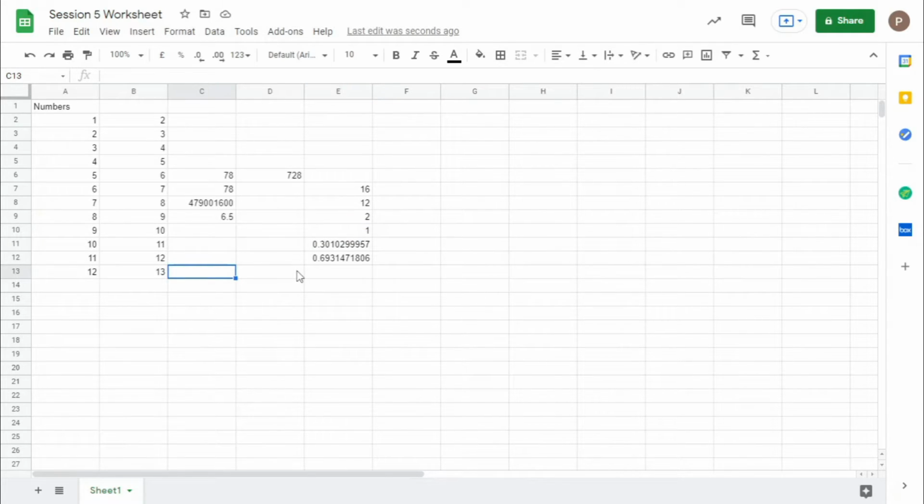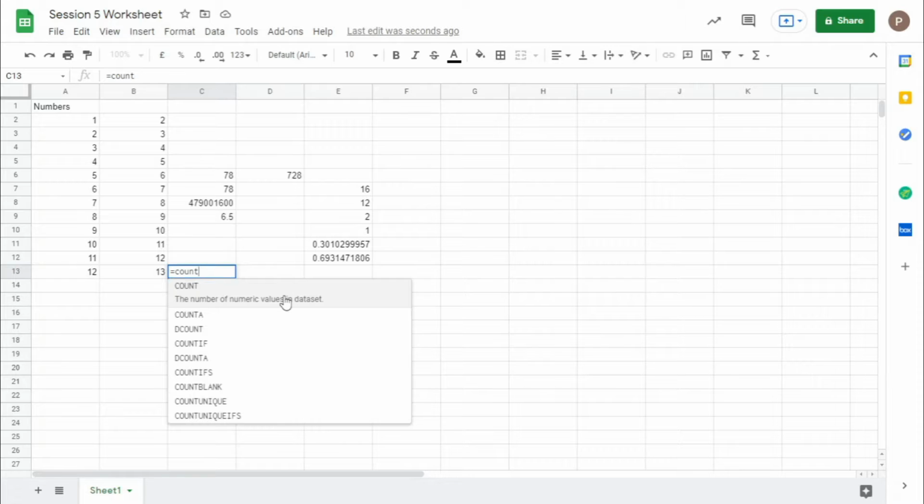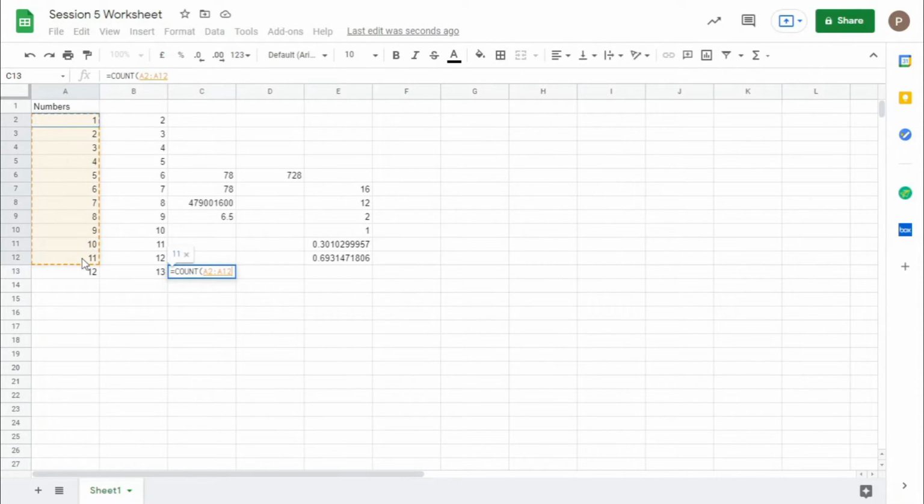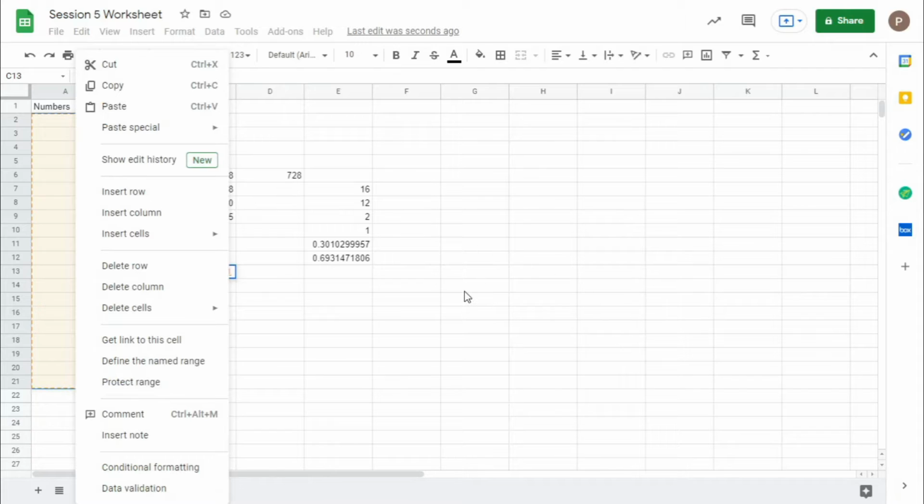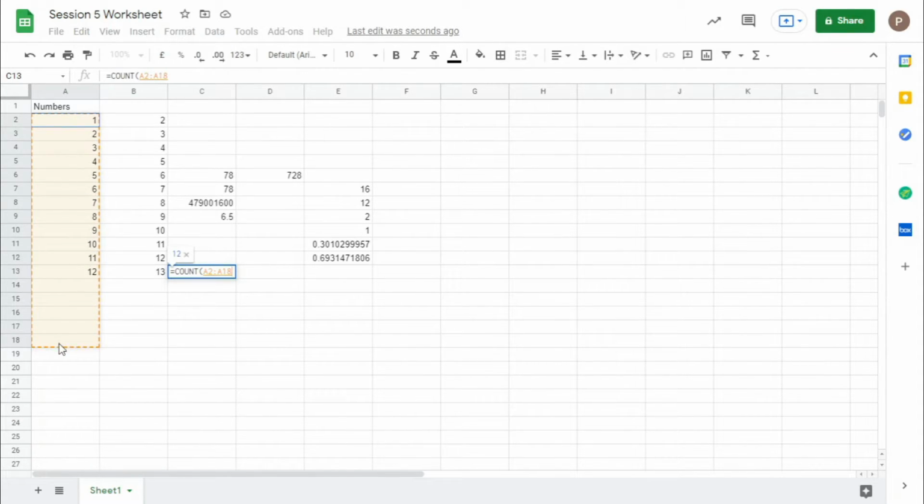Next, you can even count. See, if you select until 21, we selected 20 cells right now, but it's only showing 12. So what the count function does is, it counts all the numbers that are filled in that particular range. If we select these 20 cells, there are only 12 cells in which a number is present. So it counts the number of cells that have a value in them. If you check for this as well, it gives the same.